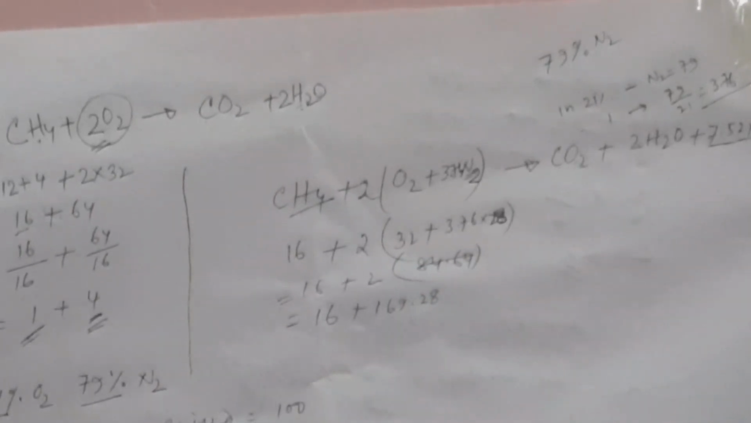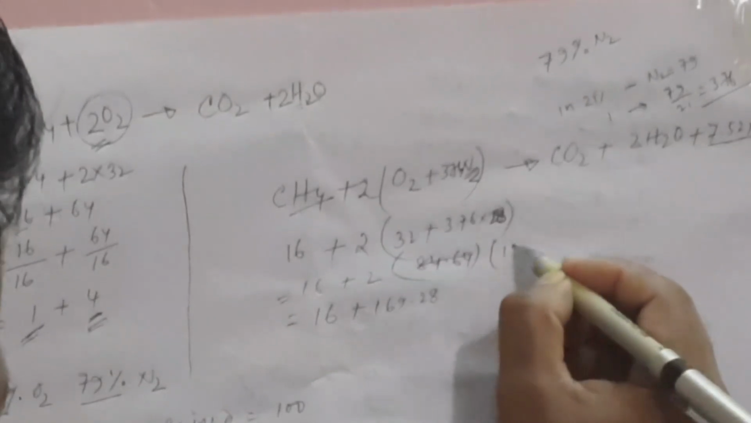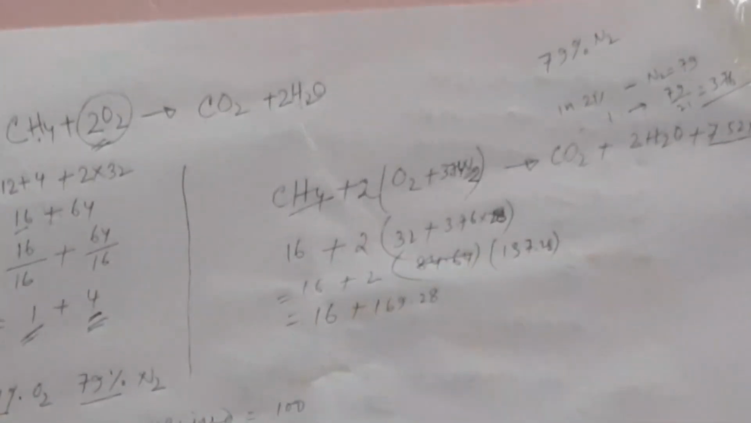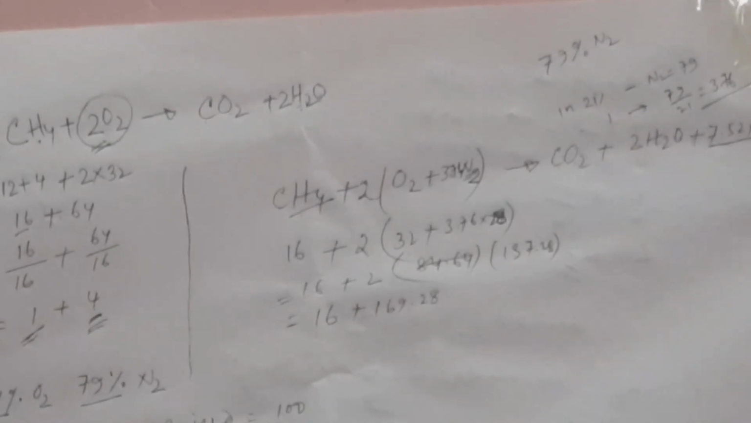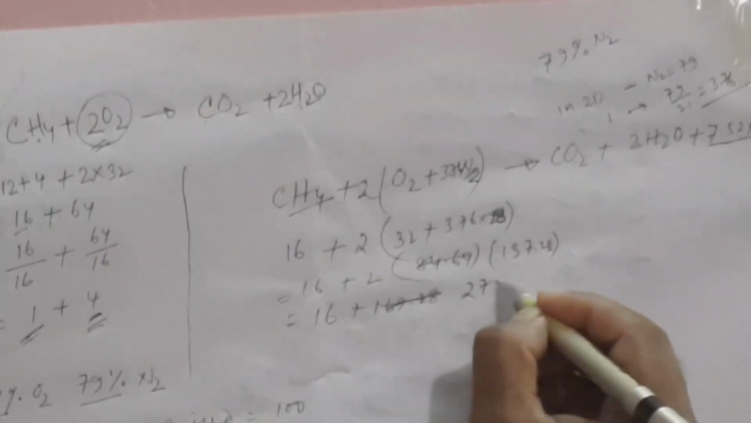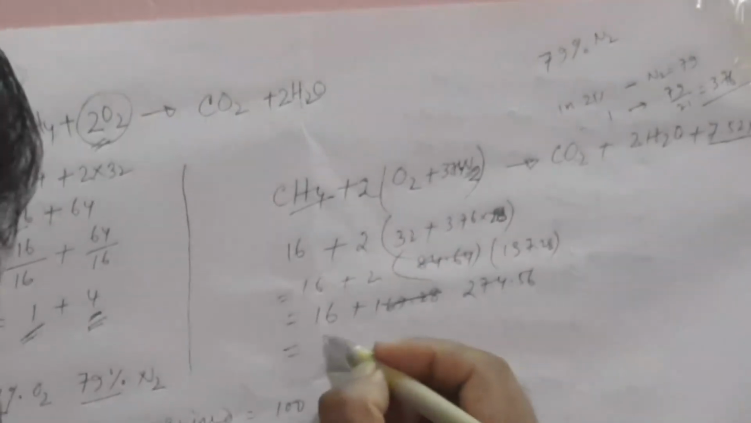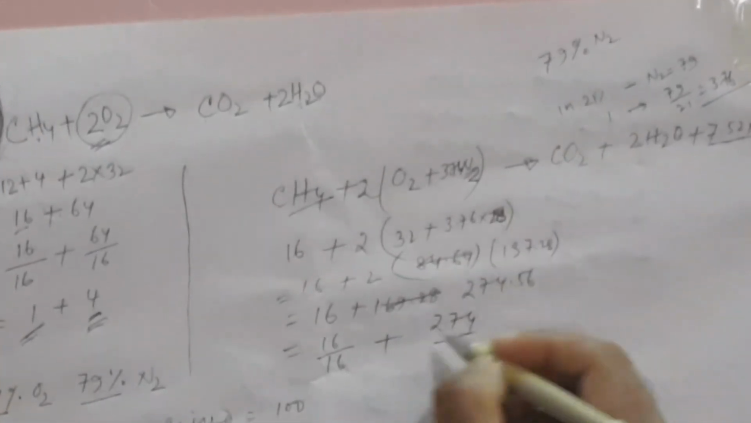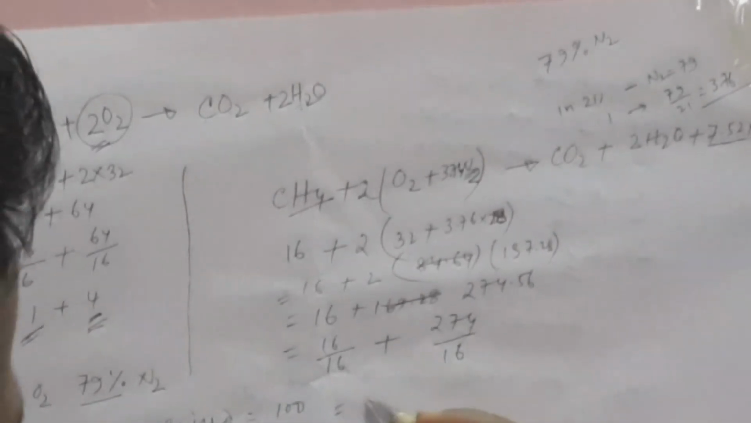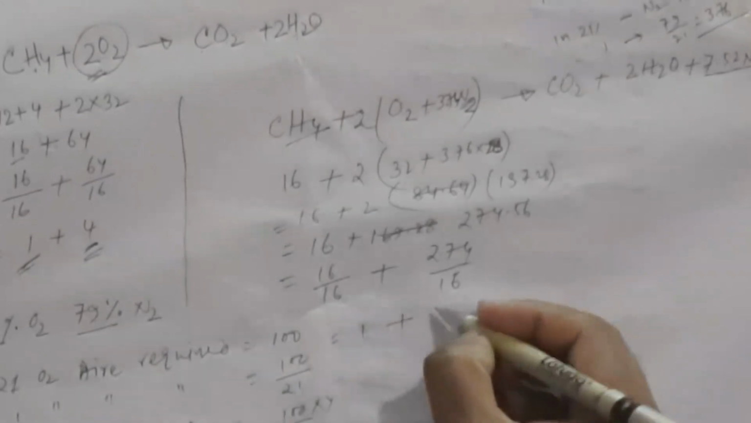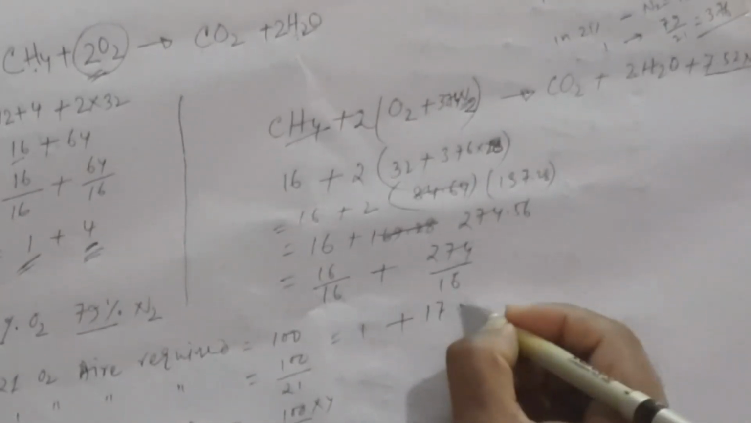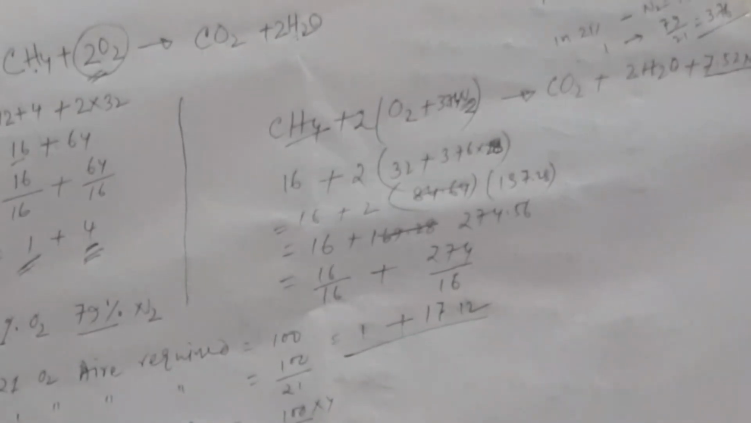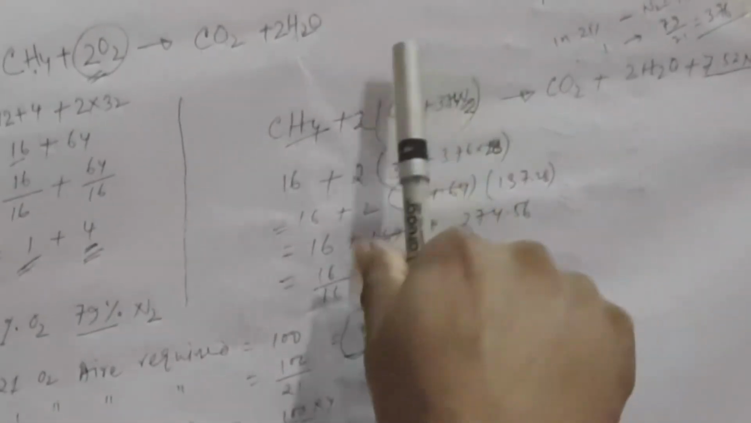So that means how much is coming? You can see here 137.28. So 137.28 multiplied by 2, how much is coming? 274, sorry, 274.56. If I divide it by 16, here will come 1 plus 274 divided by 16. So how much will come? You see 1 plus 17.12. So that means for 1 mole methane, you can see here directly this result: air, oxygen and nitrogen